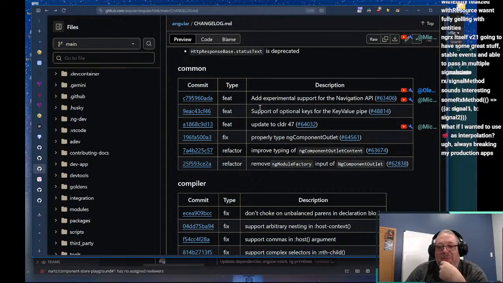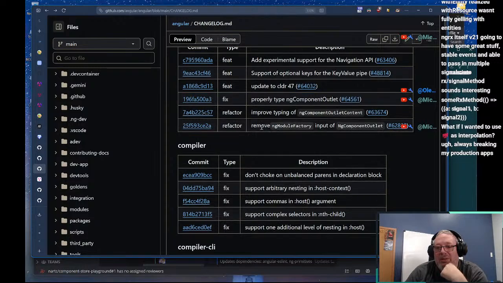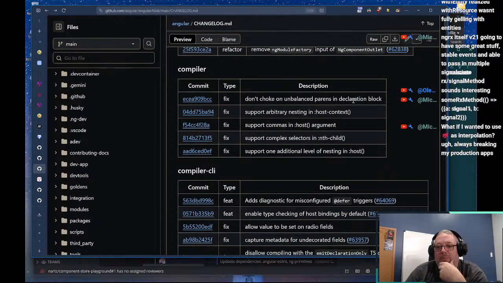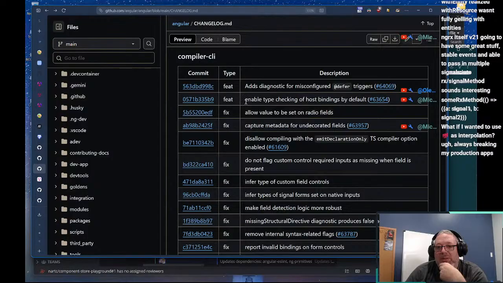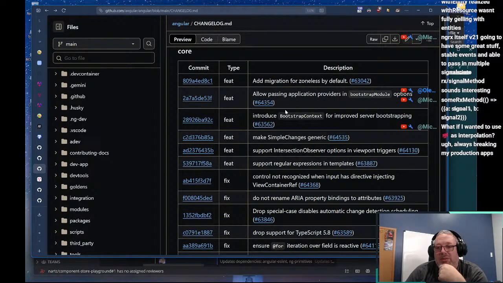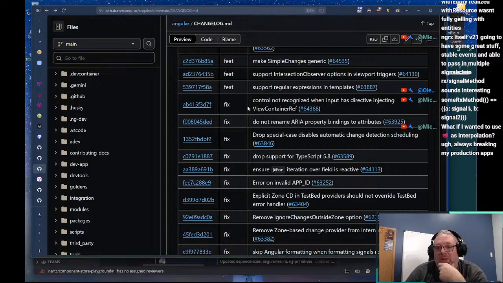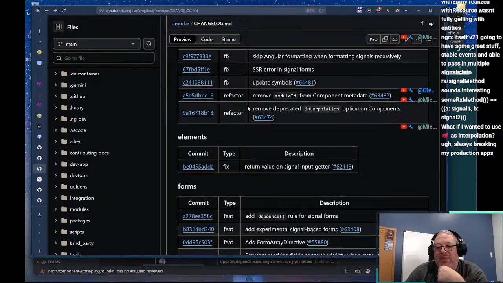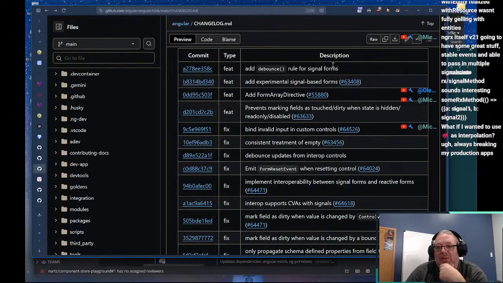Other than that, I wanted to take a look in here if there was anything, add migration. I'm looking for the forms, and there may not be. So debounce for signals, form array.